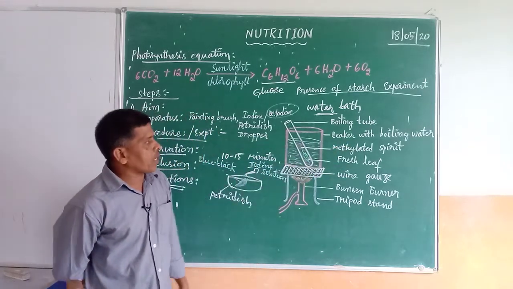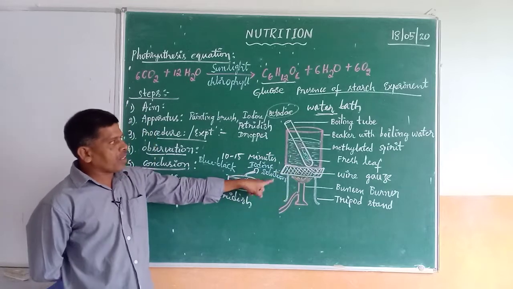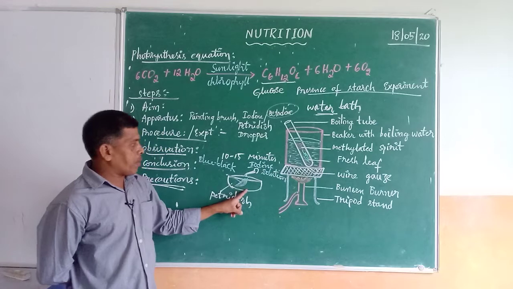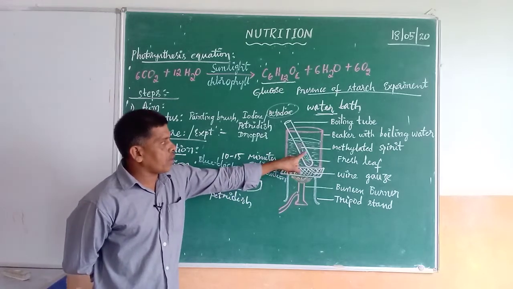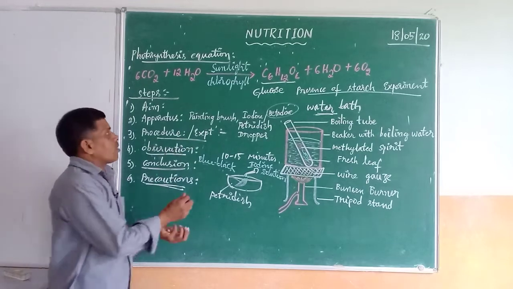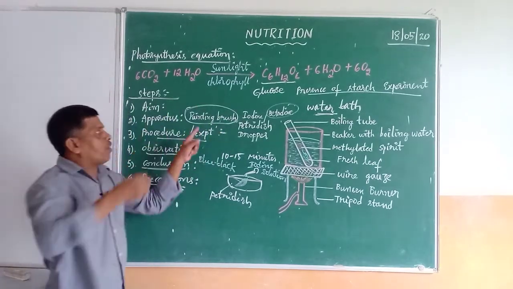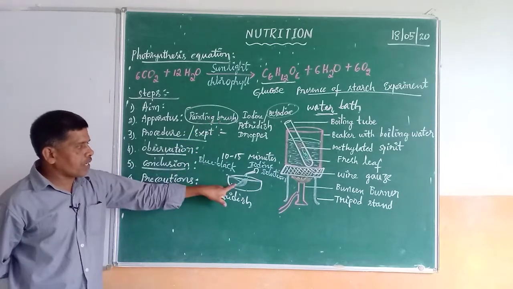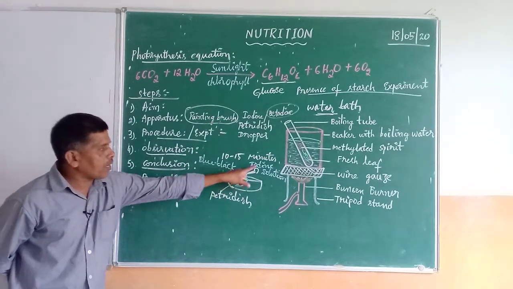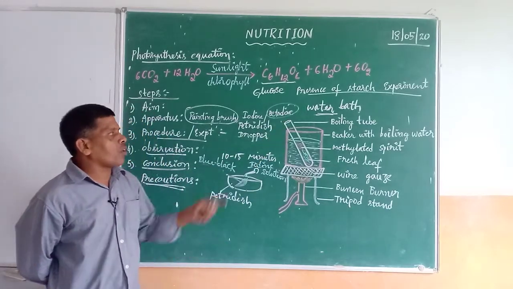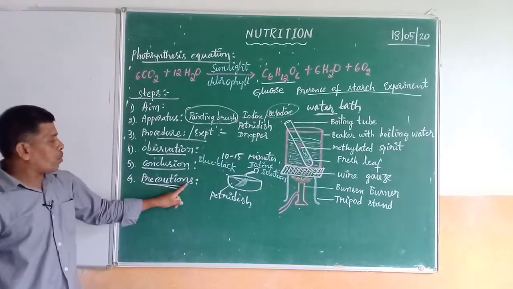Then next, coming to the second precaution. Whenever you are transferring the leaf into the petri dish after boiling is over, care must be taken that the leaf does not get damaged. For that, what are we using? A soft brush. A painting brush we have to use. By using the painting brush, transfer it into the petri dish, then apply the iodine solution. So this is the second precaution. Like that we have to list out the two precautions here.